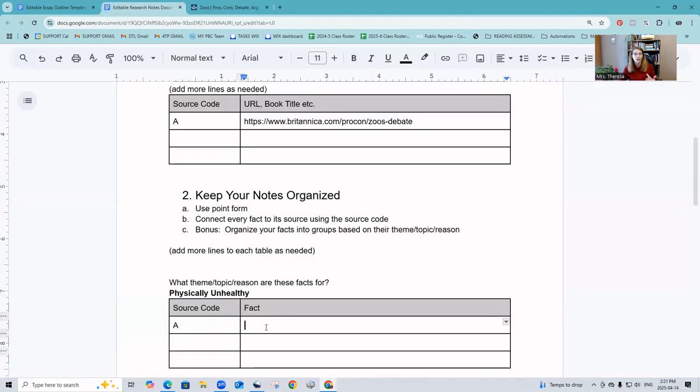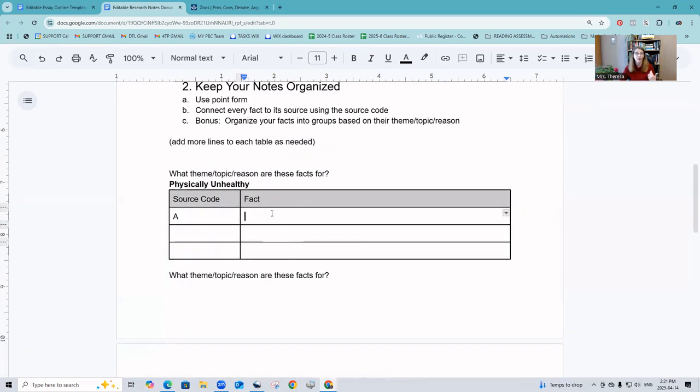Now, when your student is writing and taking notes, they need to take notes in point form. There's a lot of reasons, but I'm going to type this before I forget because otherwise I'll have to go look again. Okay, so we have polar bears, 65% infant mortality. Maybe your student doesn't know what mortality means, so they've looked it up: infant death, and it's because of small enclosures. So this is in point form.